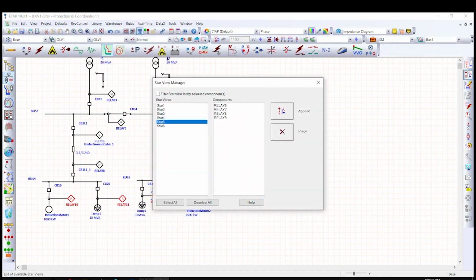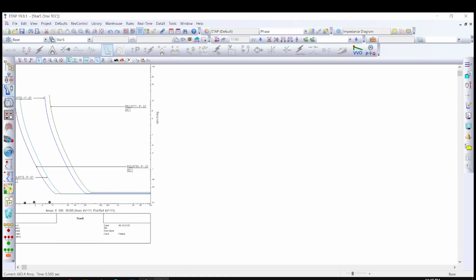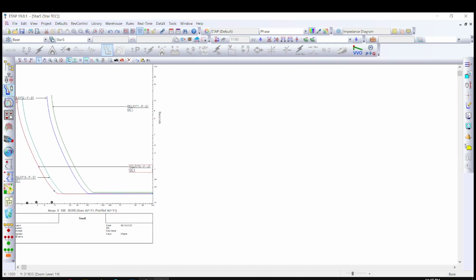So I'm gonna do the same thing. So here is the saved one. So here, as you can see, if there is a fault happening, the one that we're gonna treat first is gonna be relay 10, followed by